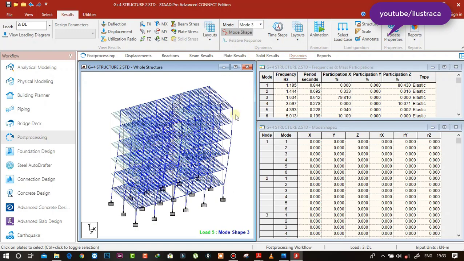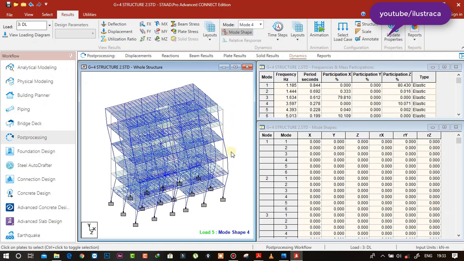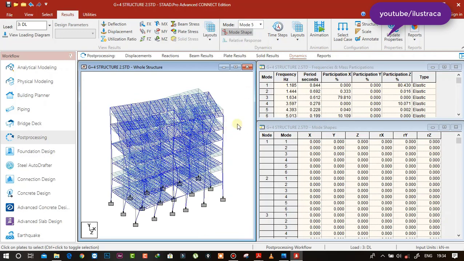So you can check all the mode shapes, and I'm not going to discuss more regarding this modal analysis in this video. In my further video I'm going to explain the modal analysis also in StaadPro in depth. Okay, so these are the different mode shapes. There are so many checks in modal analysis also, and I'm going to discuss all these things in the later videos. So I hope you guys will follow me, and you guys will subscribe and stay tuned. So this is the dynamic results value.